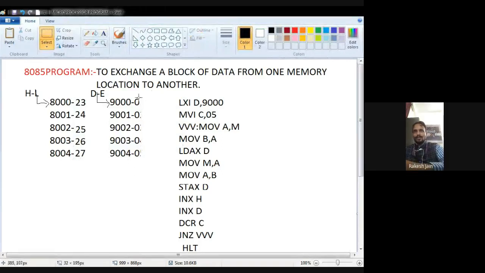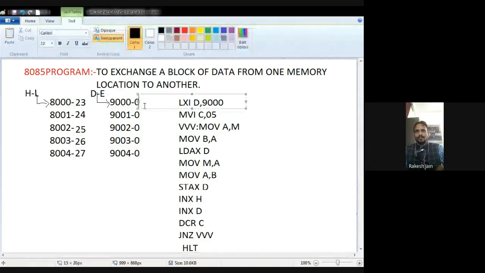Let's suppose this is 03, 04 05, 06 and 07. Okay, so these are different data.